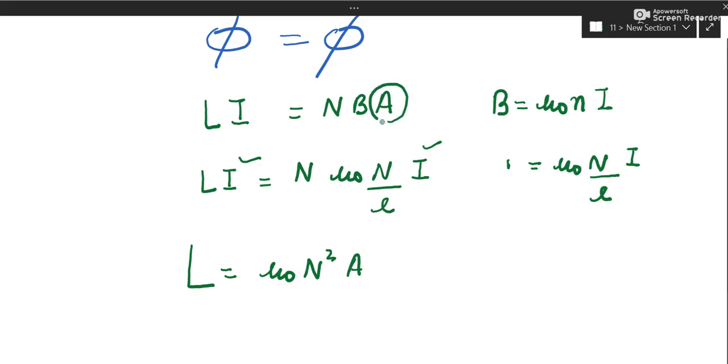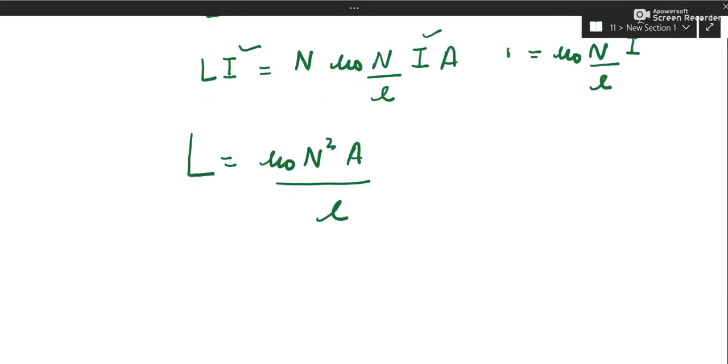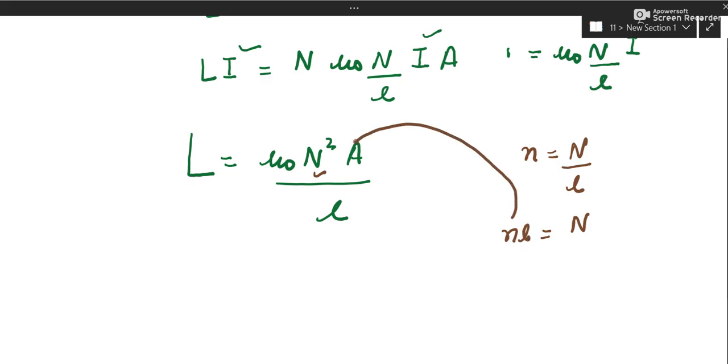So we are ready with the formula of self-inductance, coefficient of self-induction: mu naught N square, this A is left, sorry, so you can write A also, A by L. So this is the formula of self-inductance of a long solenoid. If you wish, you can report it in terms of small n also. Small n is equal to N by L, and capital N will be equal to n into L. You can substitute and report the formula in that term as well.